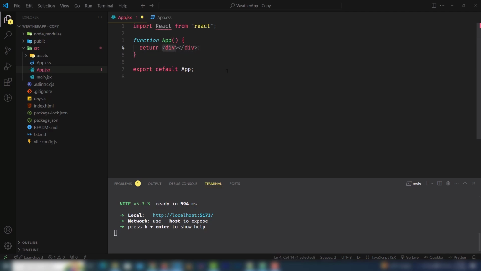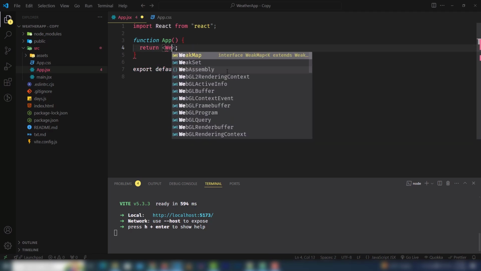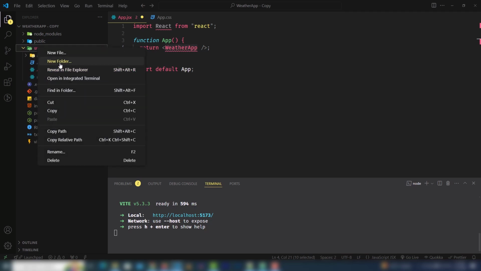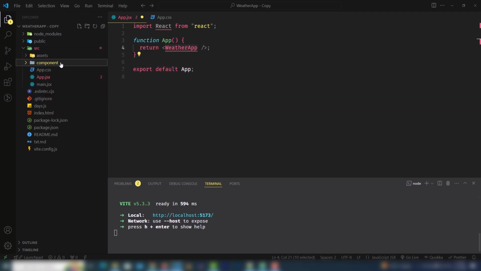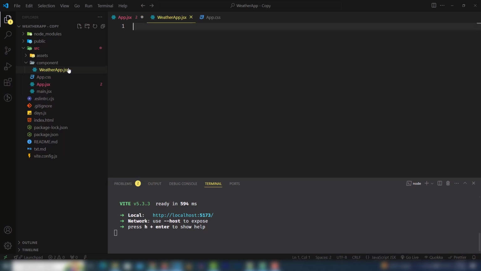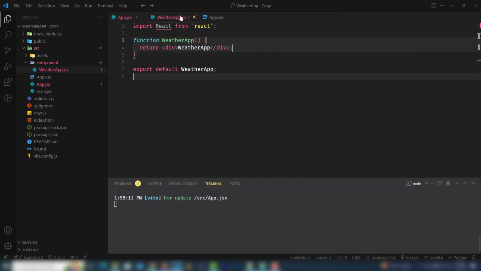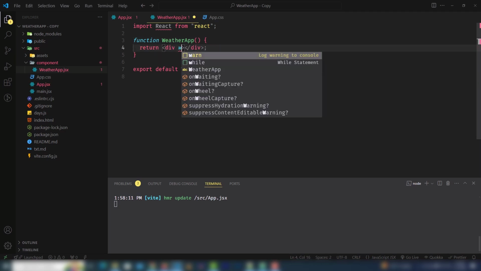I'm going to create a component like WeatherApp. I will create a file like this in the components folder. Inside that I'm going to create a file like this, and I'm going to use RFC, and I need to import that. Just use simple syntax, and everything is up here. So let's move on to the WeatherApp component. Inside that I need to use a class name